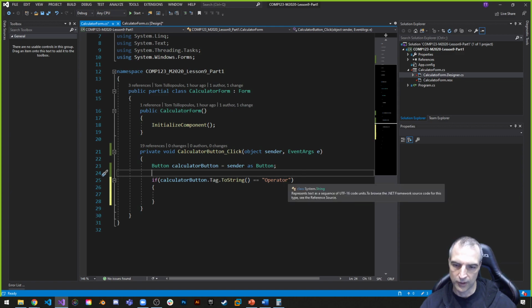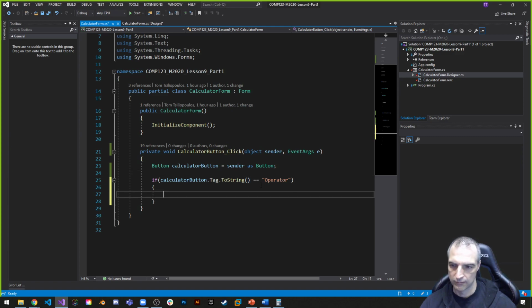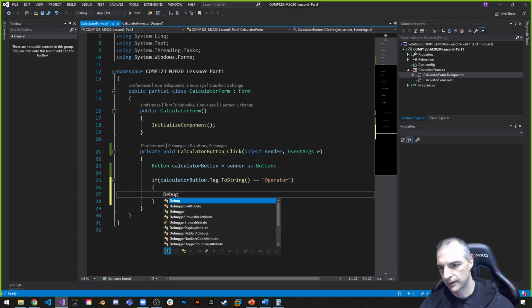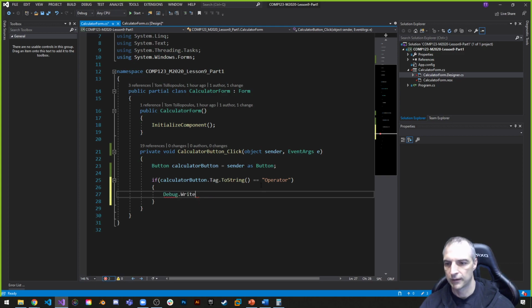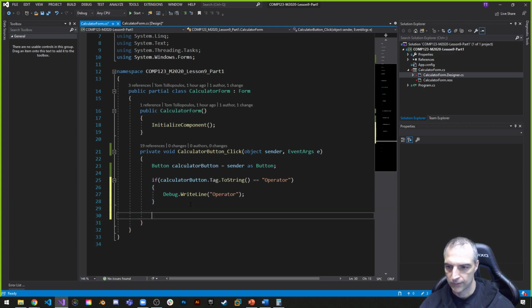If that's equal to operator, then let's do a Debug.WriteLine. We'll say operator. We don't know which one yet, but we know it's an operator. Else, and we don't want else. We want else if here because we want either this or this. Can't do both, by accident. Else if this